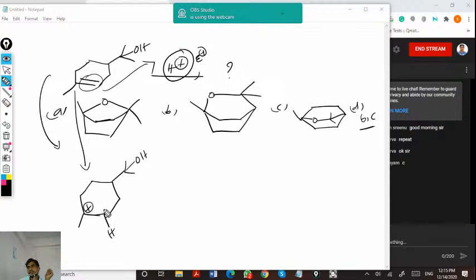Okay, so Sidhu has given B and C. Oh, perfect. See, so B and C is the correct answer because these two are the same. So this is the stable carbocation that is going to generate with the Markovnikov addition. Again, it's going to stabilize. Okay, so if I write,